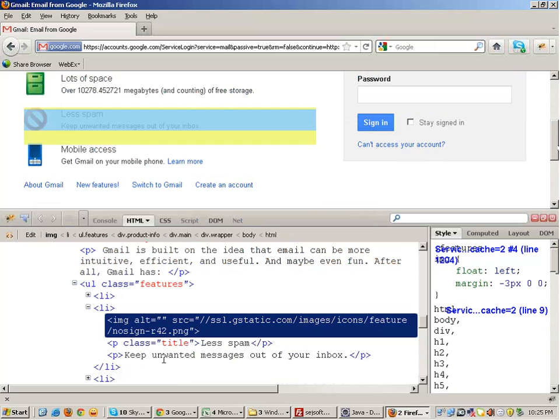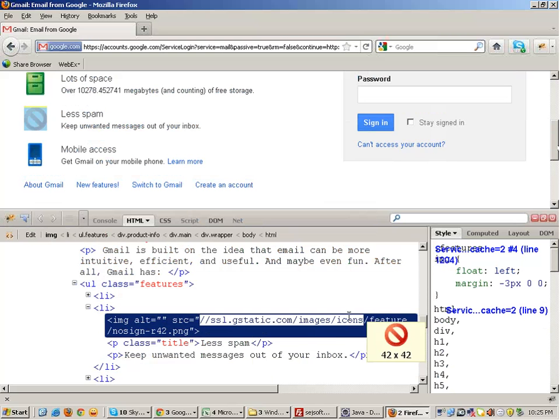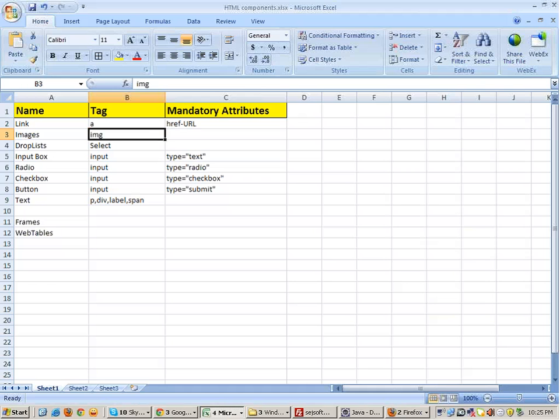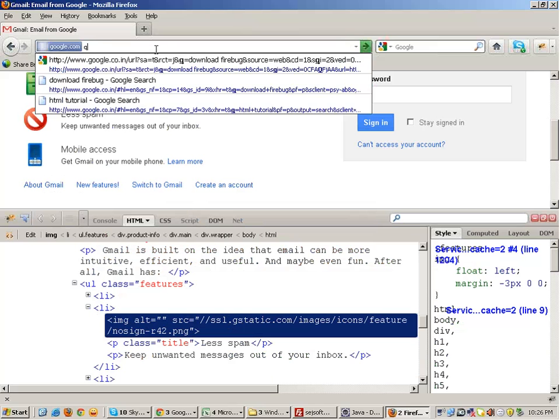src. src will be an attribute which will point towards the image location. Okay, the place where the image is coming from. So an image has an attribute called src, which points towards the location of the image on the server, the source of the image. In case of a drop list,